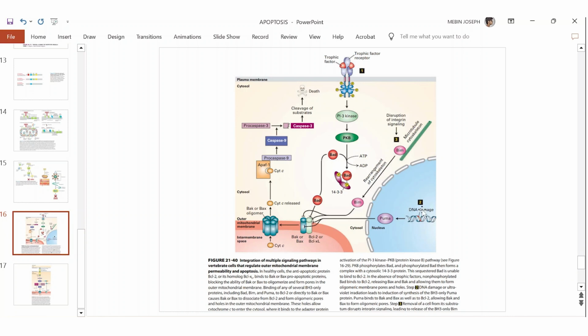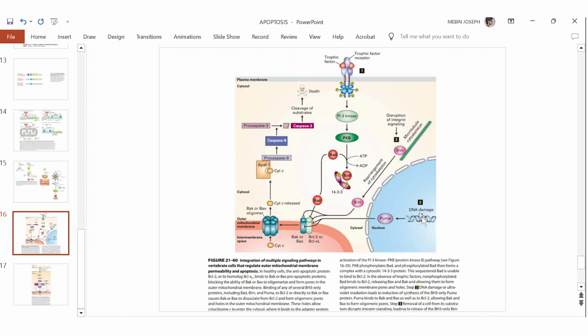Similarly, the second type of death stimulus is produced in the cell when the DNA of that cell is heavily damaged, maybe due to some carcinogens, or maybe when DNA is exposed to harmful UV rays, DNA becomes mutated or damaged. At that point, we know that there is a tumor suppressor angel gene called P53. So whenever DNA is damaged, P53 gene becomes activated and transcribes